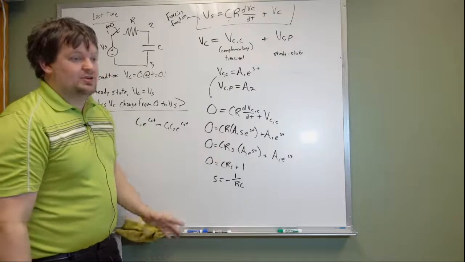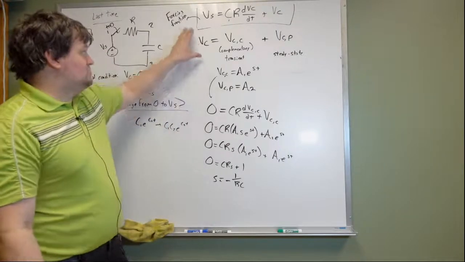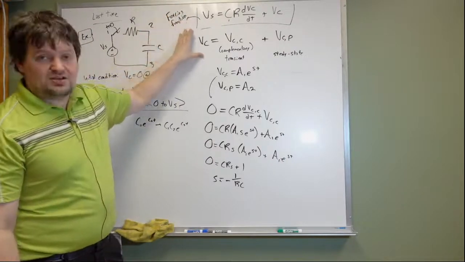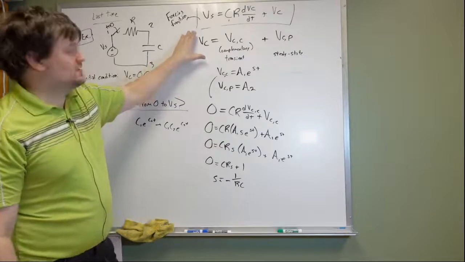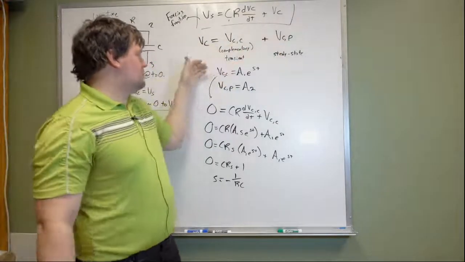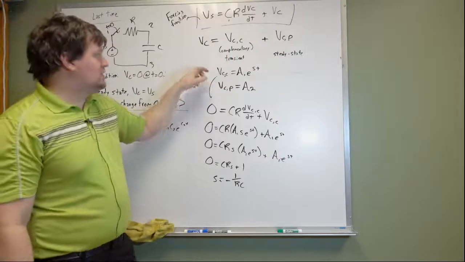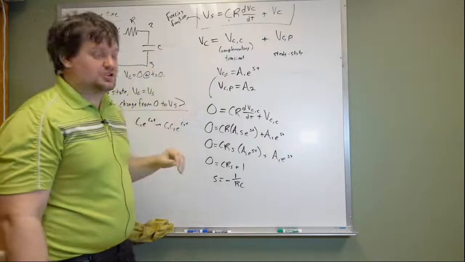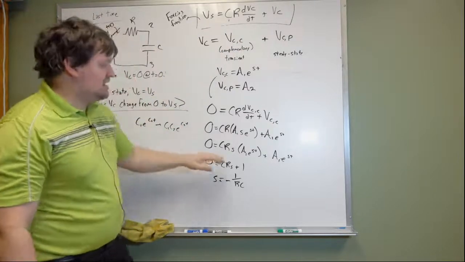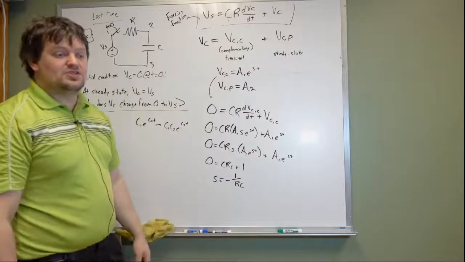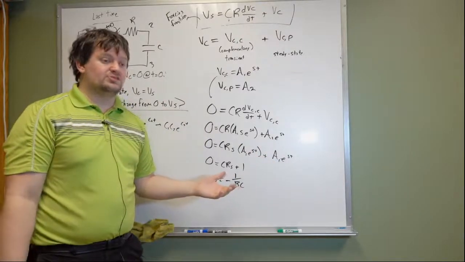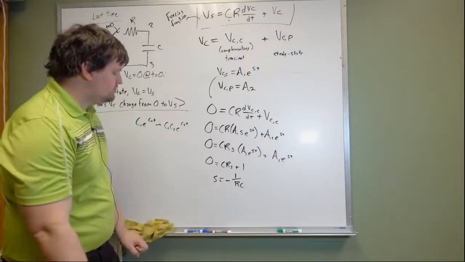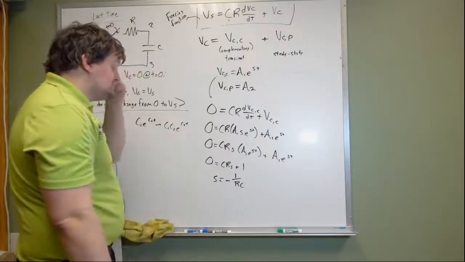Just to go back and recap how we found S. We solved this equation, which we did in the last class. We figured out what this equation had to be, which we also talked about in the last class. I then broke this up and wrote out what VCC and VCP are. We then solved for the homogeneous equation by plugging VCC into the original equation. When you come out of that, it erases the original function, because a function plus its derivative have to be equal to 0. And what we end up with is S. Now, what S ends up showing us is